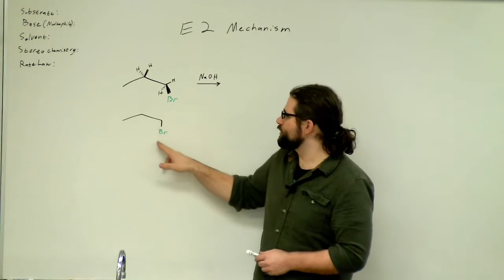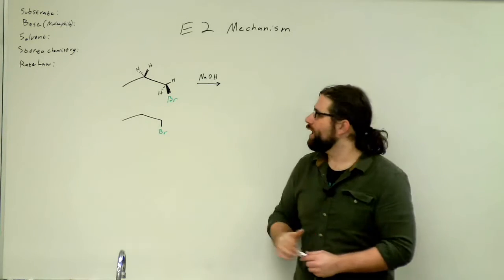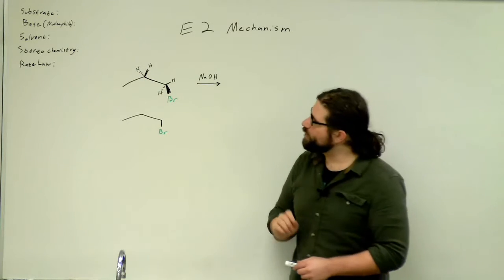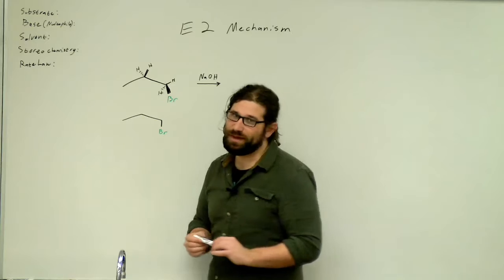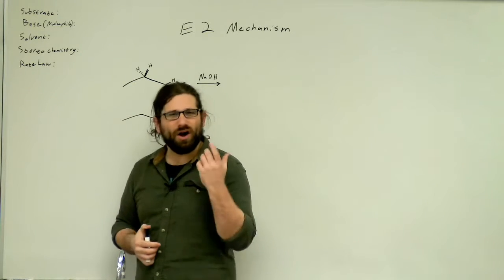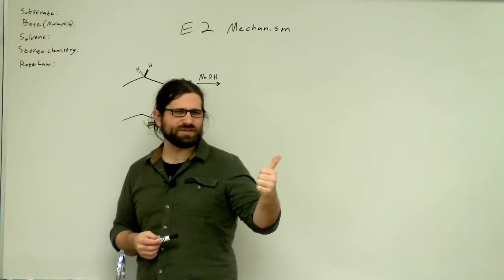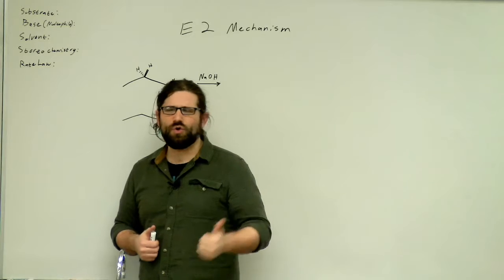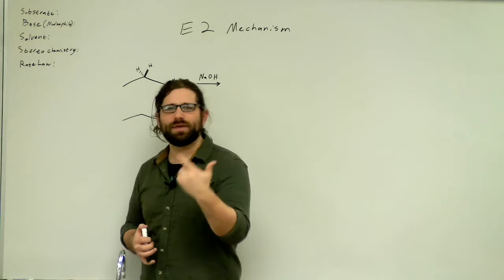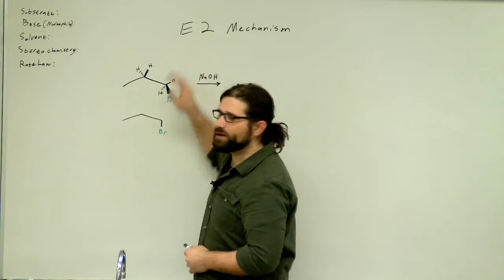I've got the simpler version drawn up here, but in order to investigate the E2, the elimination, I need to be aware of where these hydrogens are. So let's quickly go over some factors in the E2 mechanism to see why it is so easily going to occur and what the limitations to it are. And remember, we had steric hindrance as a big barrier for the SN2. We had carbocation stability as a big barrier for the SN1,